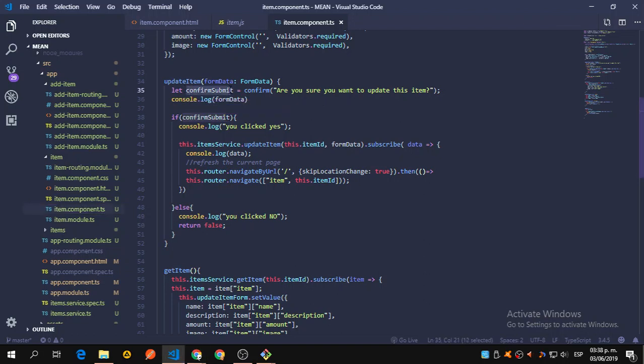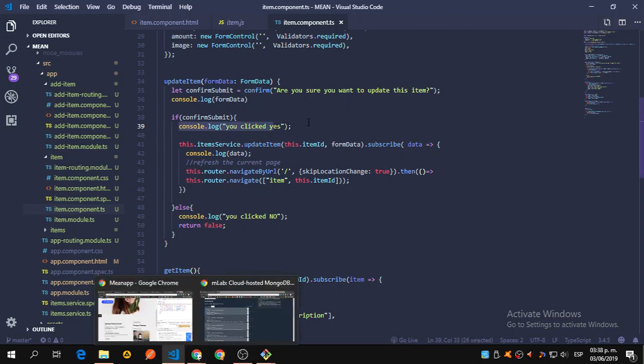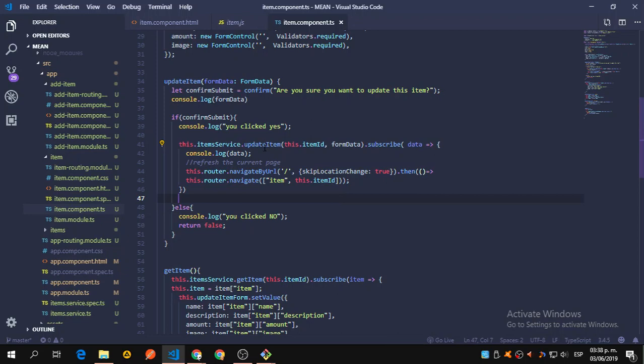We're going to set this confirm to, and that is the alert that you saw there. I usually want to update this item. If you are sure, meaning if this is true, this confirm submit will be true or false. If this is true, then you click, well, I just added, you click yes, and we call the update item, that is just sending a post request, a put request. Okay,